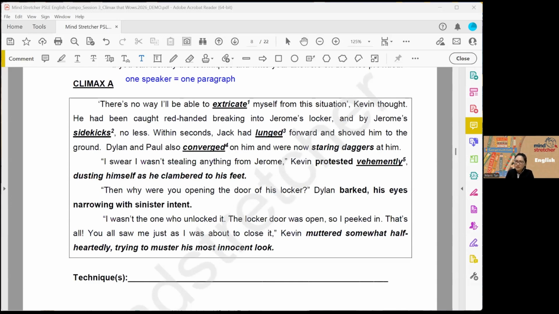Because if I keep marking for punctuation errors and paragraphing errors, and these errors keep pulling your marks down, then we are stuck. So let's get rid of these errors that you can now work on. Other language errors like sentence structure will take a bit of time. You have to do your corrections, right? But your teachers want to help you do better, in terms of language and in terms of content.